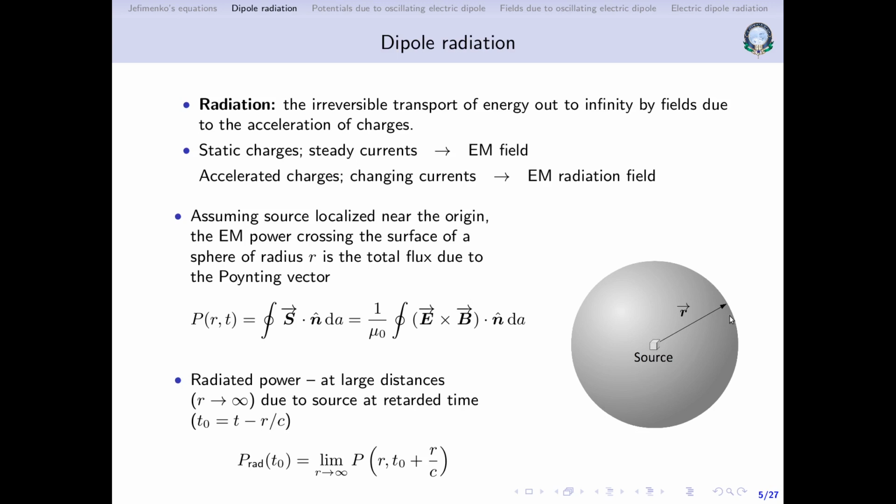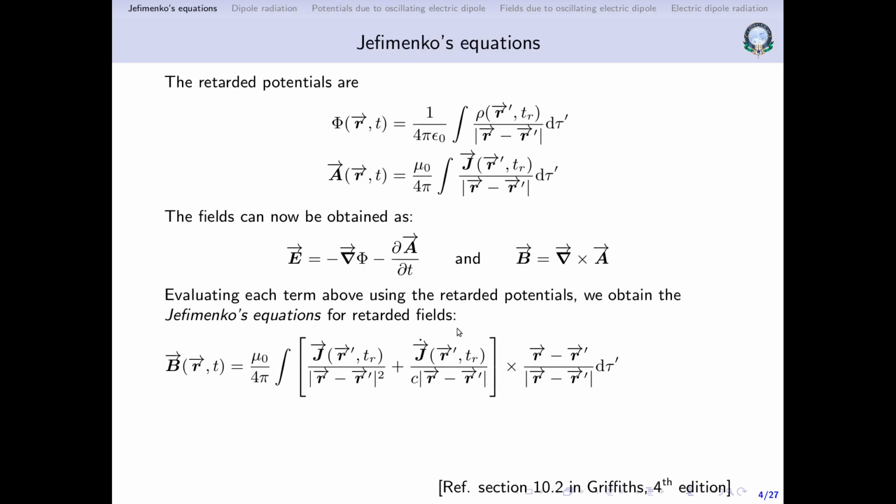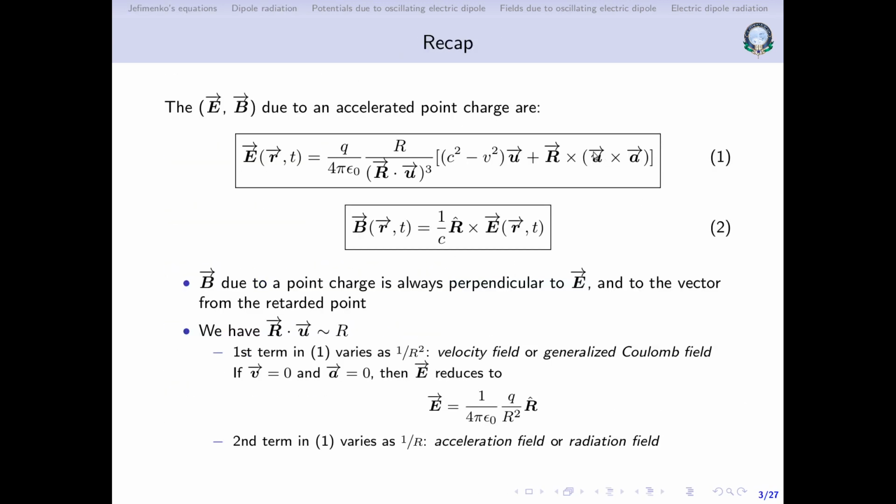So as r goes towards infinity, now you can actually appreciate what I had said in this slide, right? I had said that when we talk about radiation, it's only the acceleration dependent term that is important, because this term varies as 1 by r. In this expression, if you see, there are two terms. This varies as 1 by r square, this varies as 1 by r. So E is dependent on two terms. One term varies as 1 by r square, the other term varies as 1 by r, right?